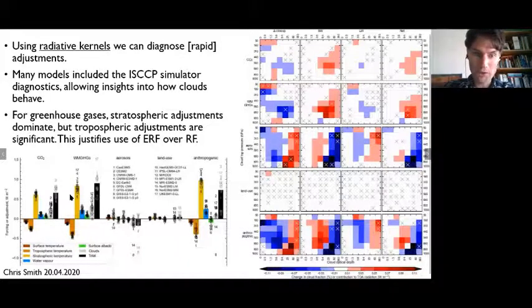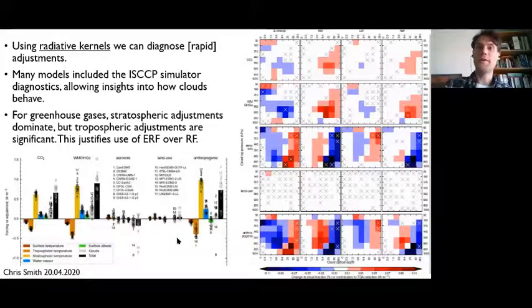But when we talk about aerosols, we find that the largest component of the adjustments is due to clouds, and the stratospheric temperature term is practically zero. So aerosols are one example where using the stratospheric definition of radiative forcing isn't quite accurate. This was known in AR5, but it's this work and a paper I led 2 years ago that really showed this in detail.